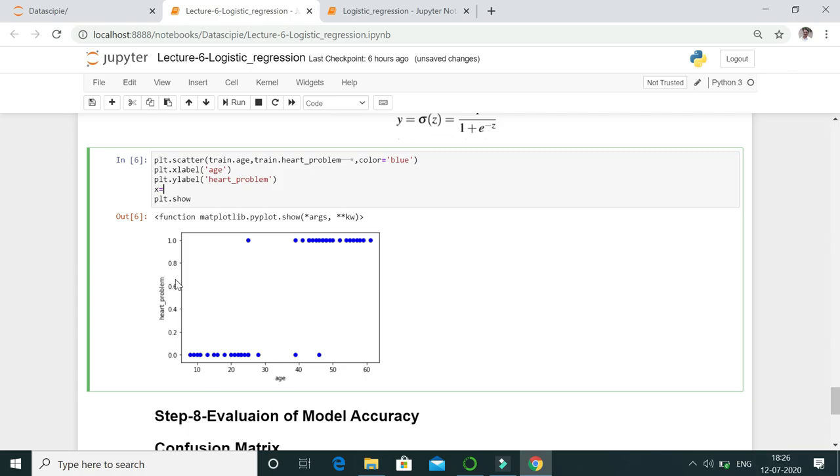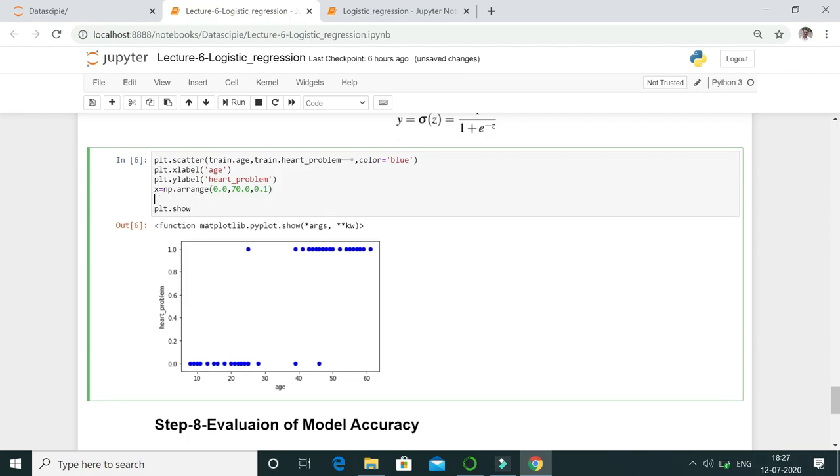So x is equal to np.arange. What is the starting point? 0.0. What is the end point? Up till 70 something. And what's the step we have to take? 0.1.